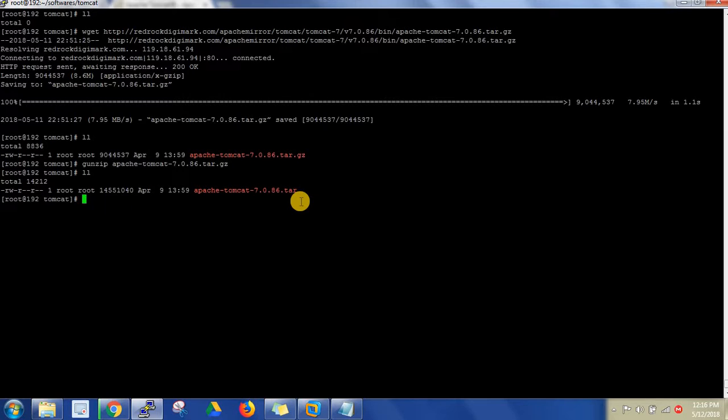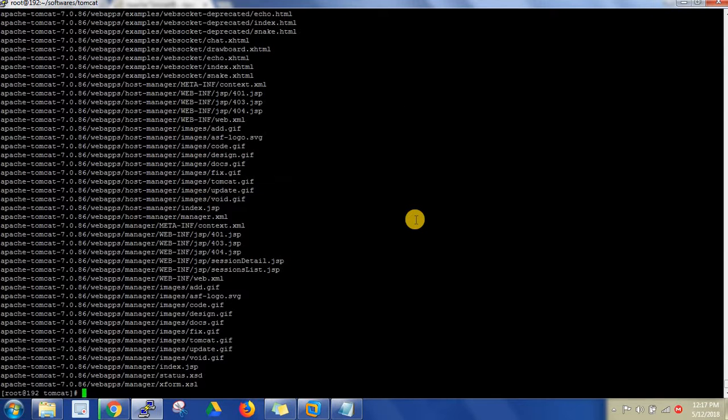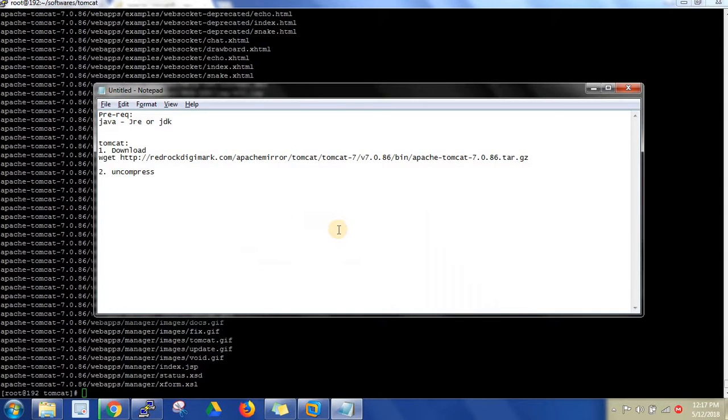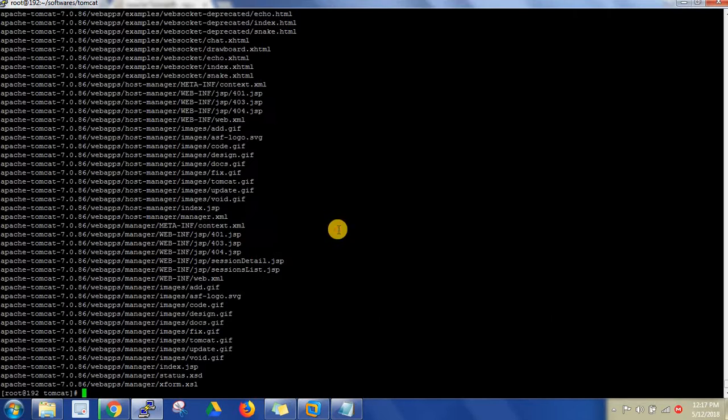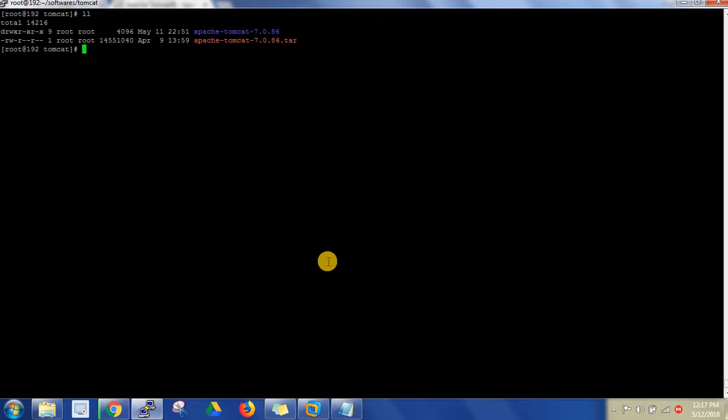Now extract this. For extraction, tar xvf space tarball. So what I'm doing here, gunzip is the command. There must be .gz here, and then the third one is extract. For extract, tar xvf space tarball. Then very simple, just go inside this Apache directory and you can see